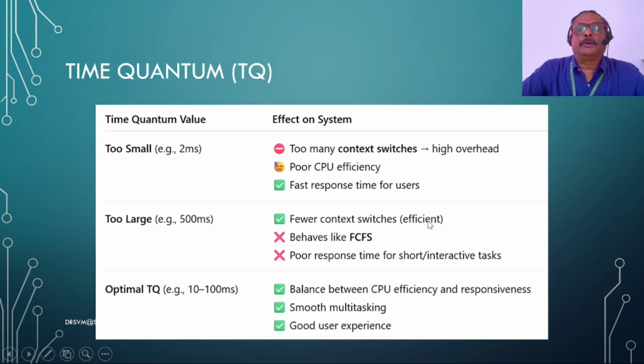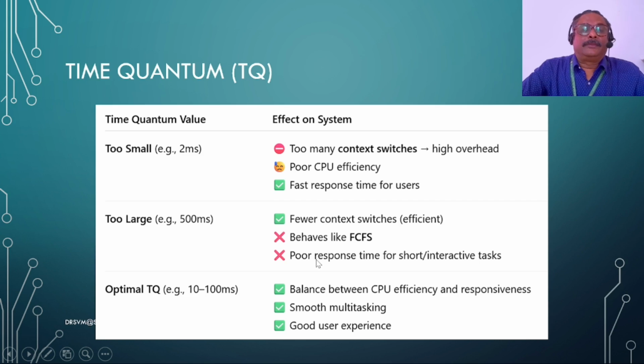We have very few overheads, and because you are not wasting time on writing, rewriting and all that, our CPU time is being utilized for executing the actual code instead of copying the context in and out. So it is better in that respect if we have a large time quantum, but our problem is that it just looks like simple first come first serve